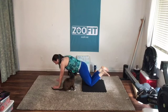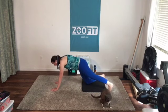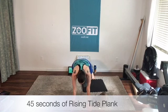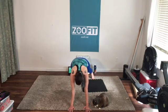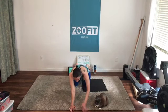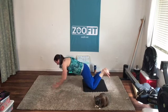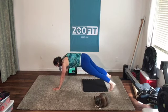But again, one other modification you can do, if that's still too hard on your shoulders, is what we call shoulder taps. It's coming up from the front. You can just tap your shoulder, staying in that full arm plank rather than coming down to our elbows. You can also do this on your knees if you need to. Shoulder tap plank. Again, a good modification if the rising tide is still a little bit too hard for you. So I'm going to come back up, showing